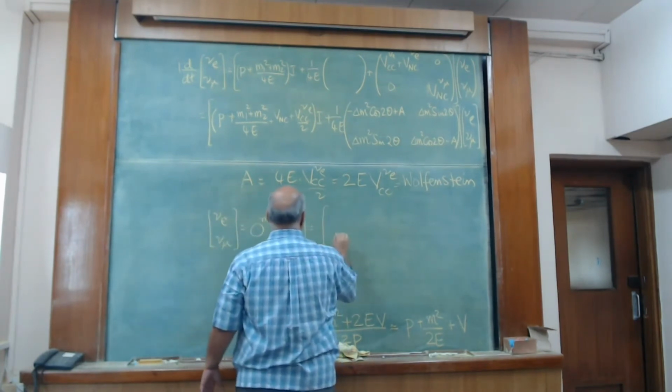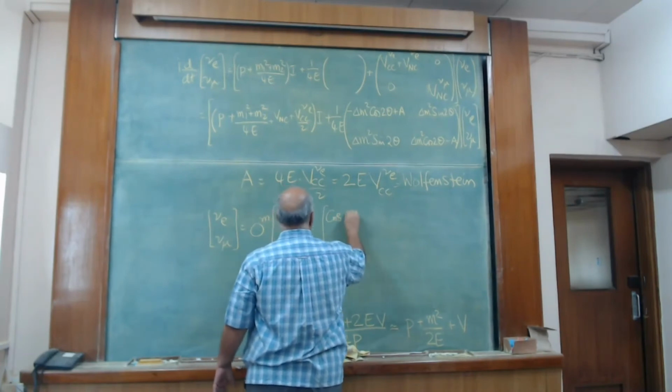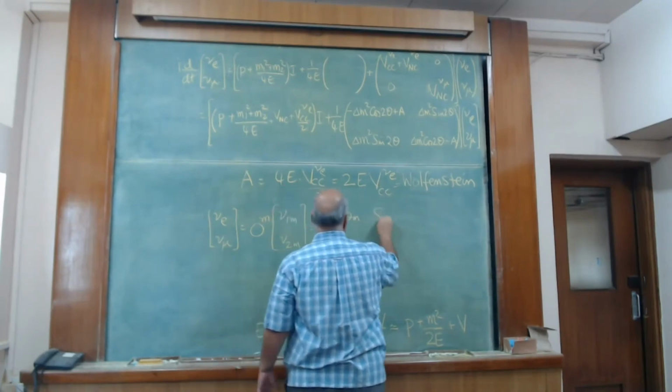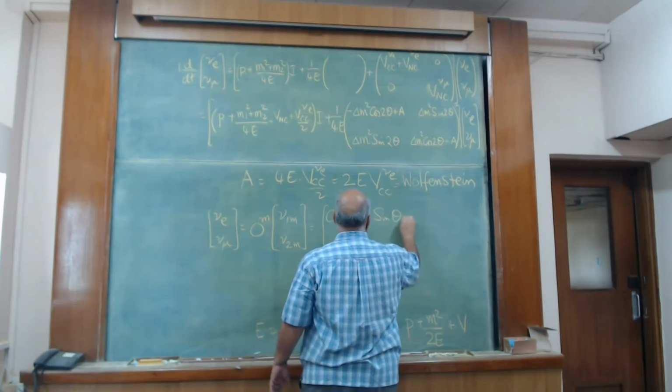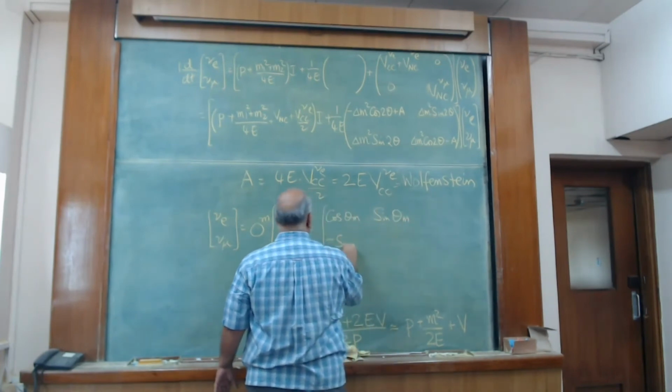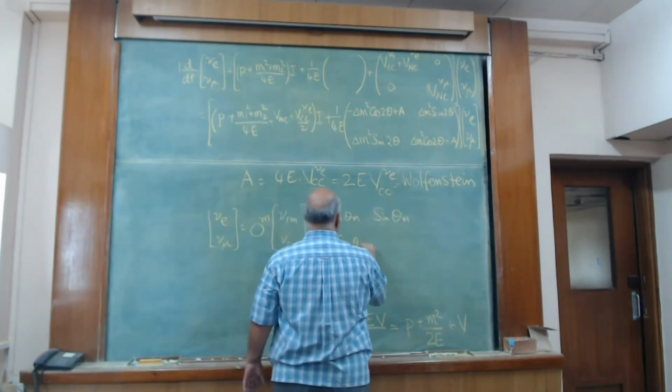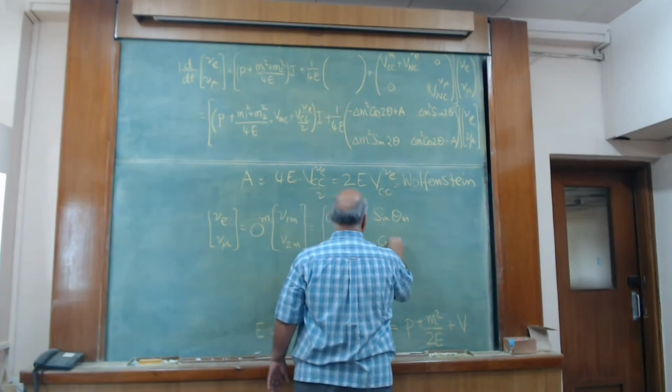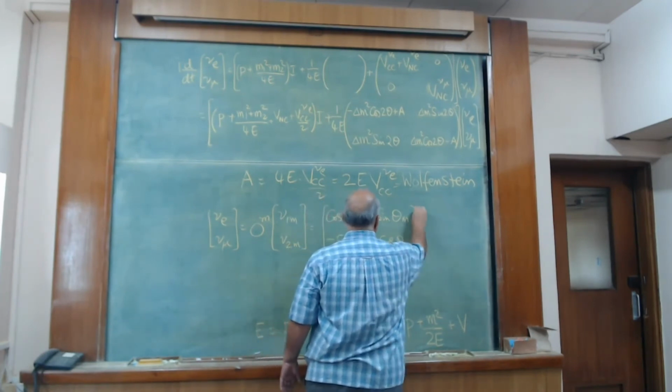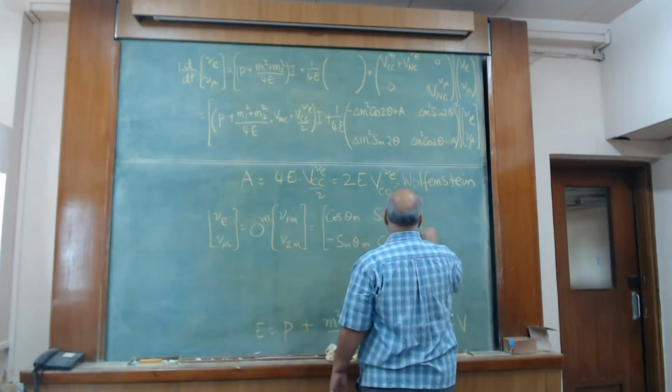This is cos theta m, sin theta m, minus sin theta m, cos theta m, times